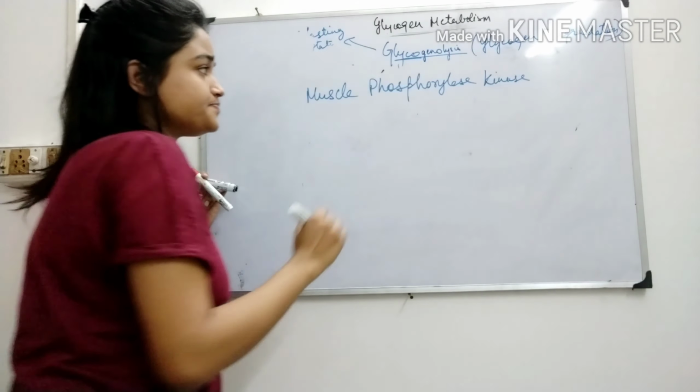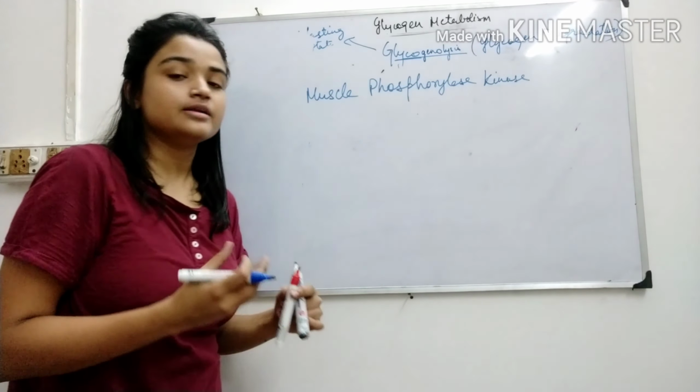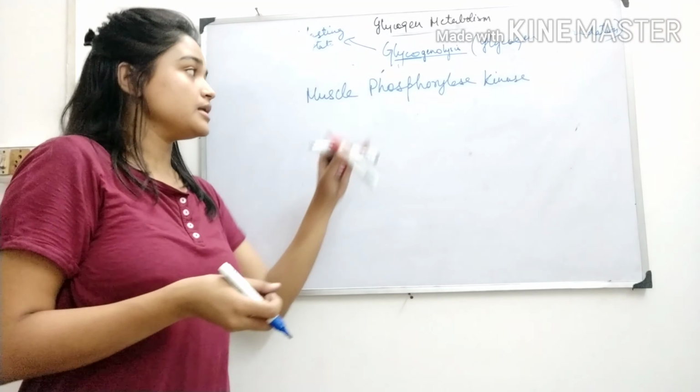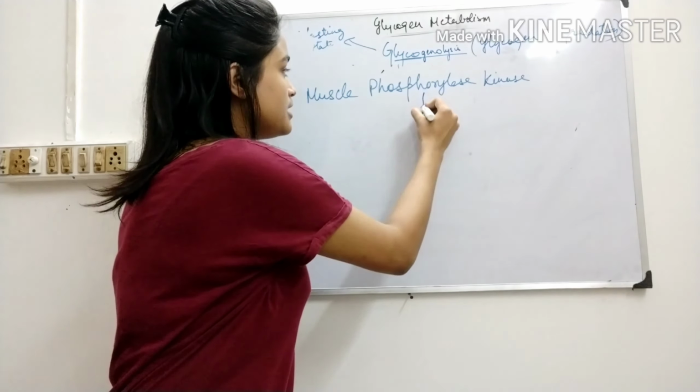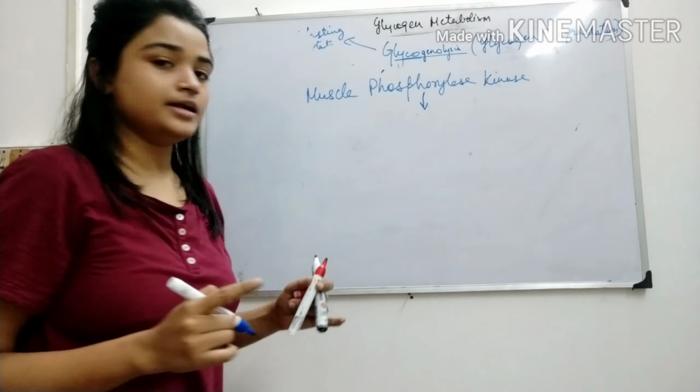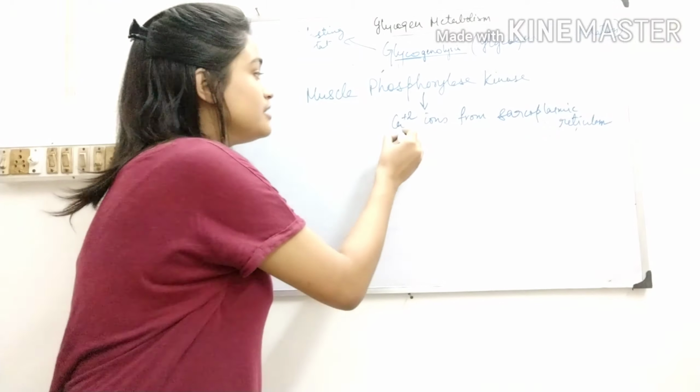In this case, when muscles are in urgent need for ATP, it will liberate calcium ions, Ca2+ ions, from the sarcoplasmic reticulum. So when a muscle is undergoing contraction or when muscles need energy, at that time it will liberate